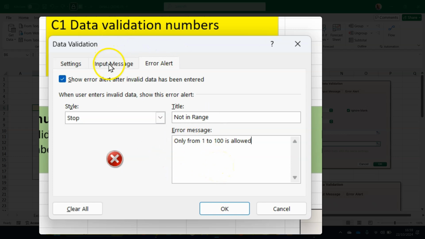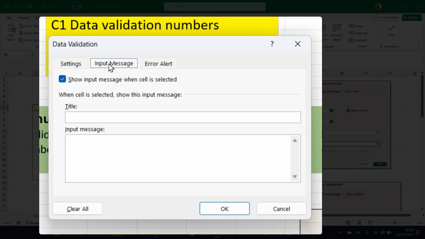You can also, in the same box, put an input message. So I can go on there and I can give a little tip before people enter a number. So the input message is going to show before people even enter a number. So I could put a simple message, 1 to 100 only. If I say OK to that,